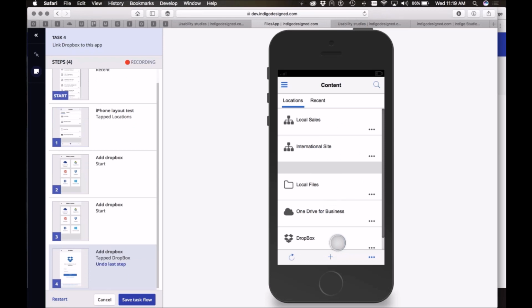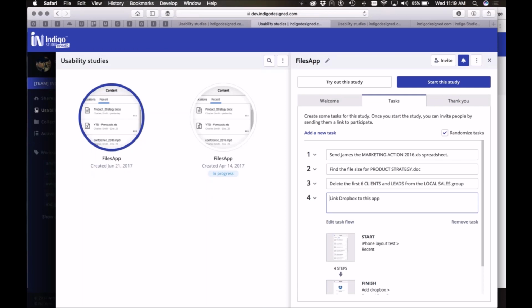Now, it sounds so simple, but trust me, when people actually try to do that without any explicit guidance, they're really hunting. They're looking for cues and signifiers on the UI to help them understand how they would complete this task. And that's exactly what we're trying to study. Once I've recorded this flow, I can just save this task flow,